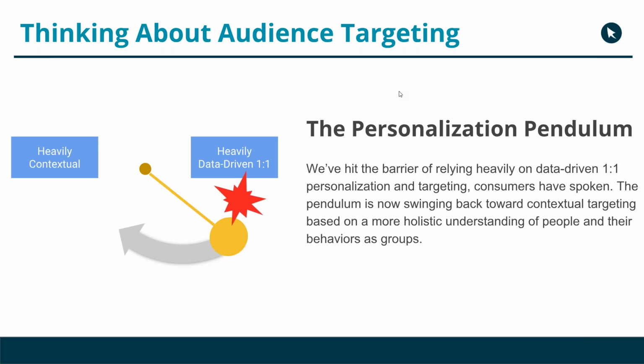So just kind of what I want to talk about here is audience targeting in this context of GDPR and data privacy and consumer privacy. He talked a little bit about this pendulum shift, and where we're seeing this through a lot of the customers that we work with is, as marketers over the past decade, two decades, we've become very reliant or conditioned on data. A big part of that is because it's become expected of us. We have access to this data, and so we started using it to justify our decisions, and that made us hungry for more. And we wanted more and more data because it made marketing easier and more predictable and more